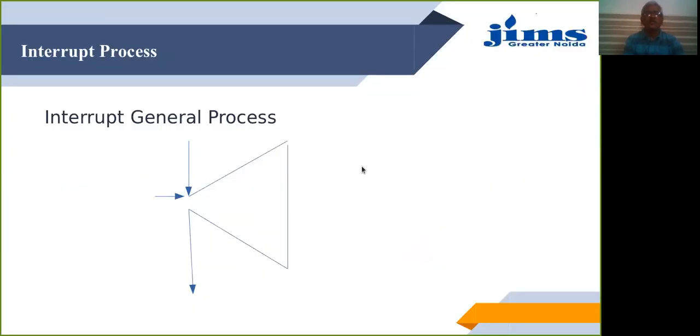The figure shows a general interrupt process. Supposing that a program execution starts at this particular point and it continues, and the program continues till the end. But somewhere in the middle, while the program is executing, let's suppose at this instant of time, some peripheral requests the service of the controller. So what should the controller do?